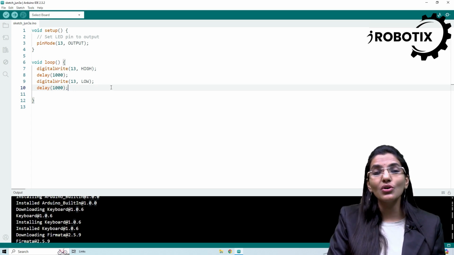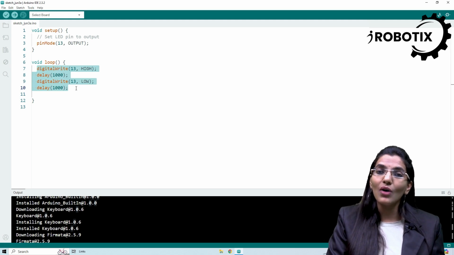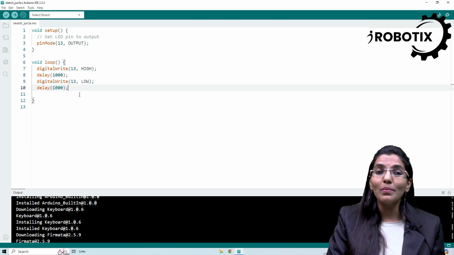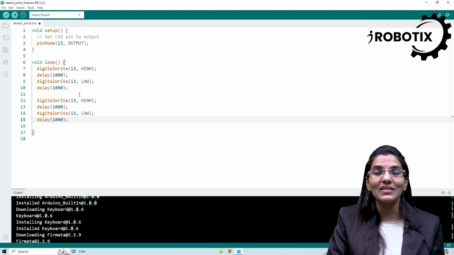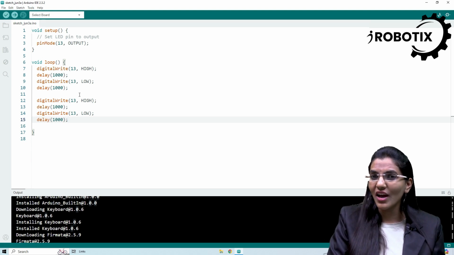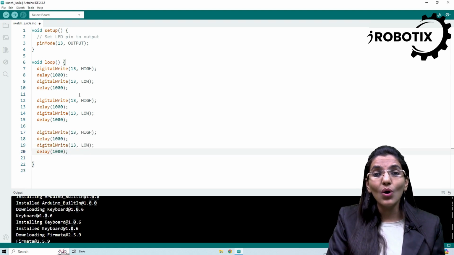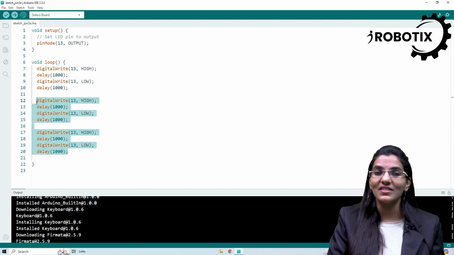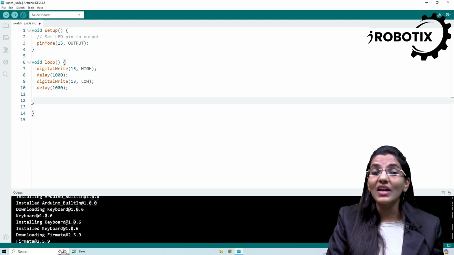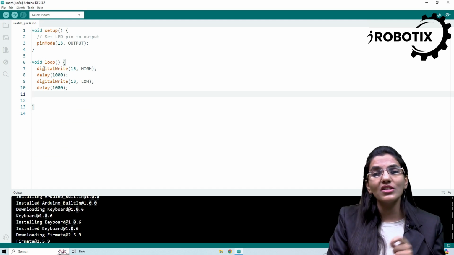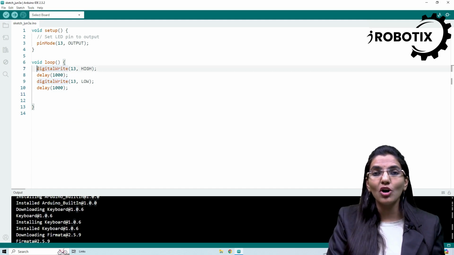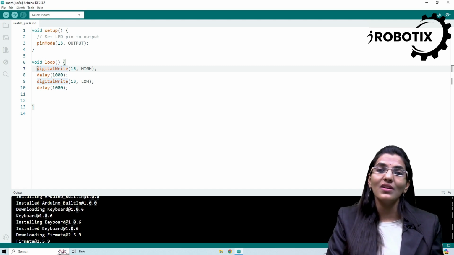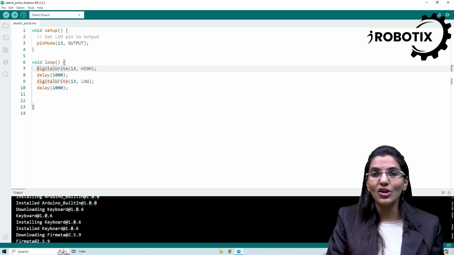If you want, you could also add comments here to describe what you are doing and to make sure you understand how the loop works. Basically, I could just copy and paste that code an infinite number of times, and this is how the code will be executed. Instead, I just need to provide the code once. After line 10, we close the loop function, the loop function will be called again, and we go back to line 7. Alright, so it looks good.